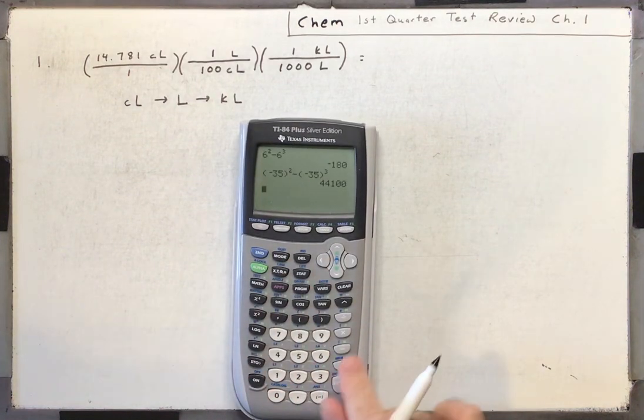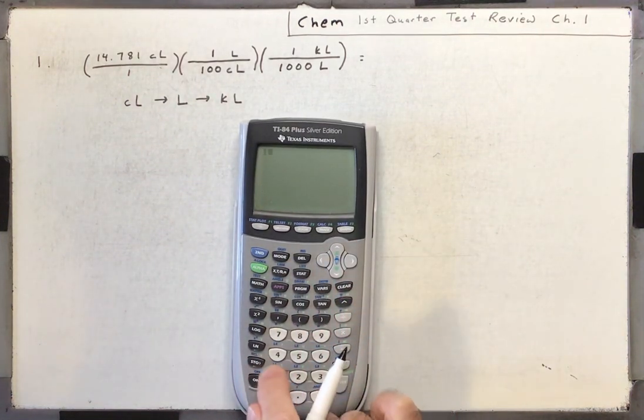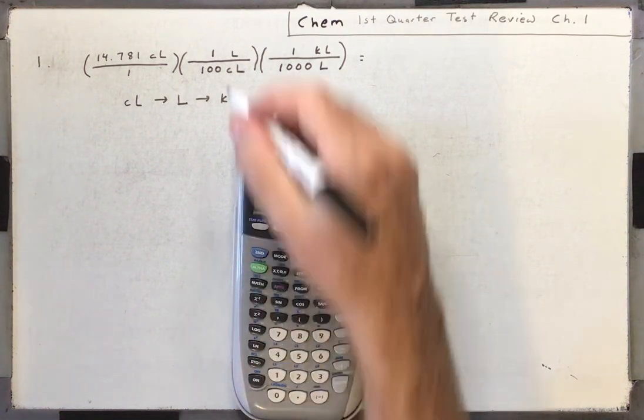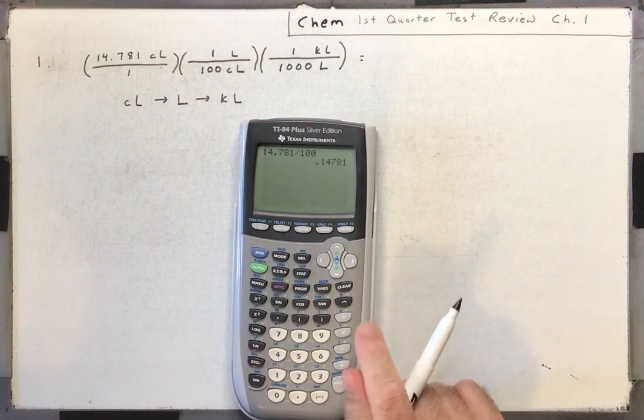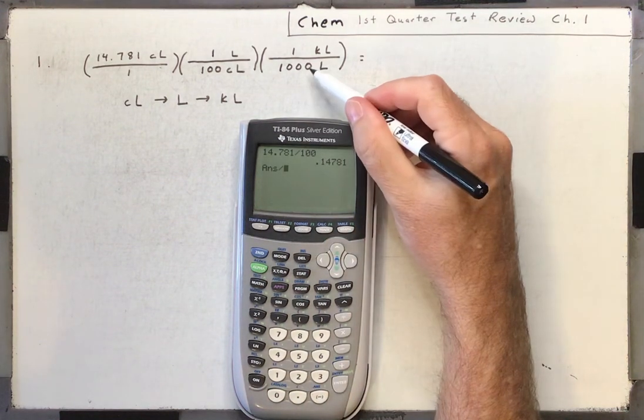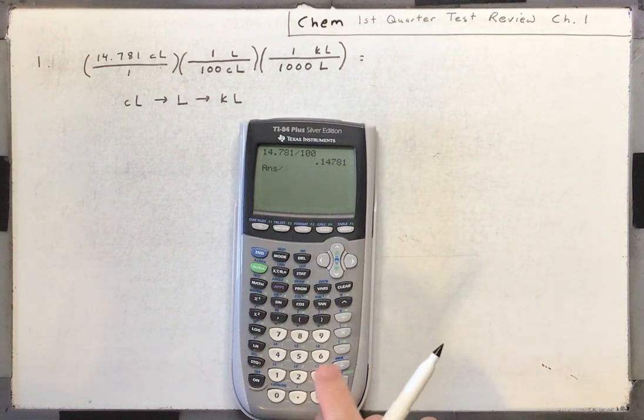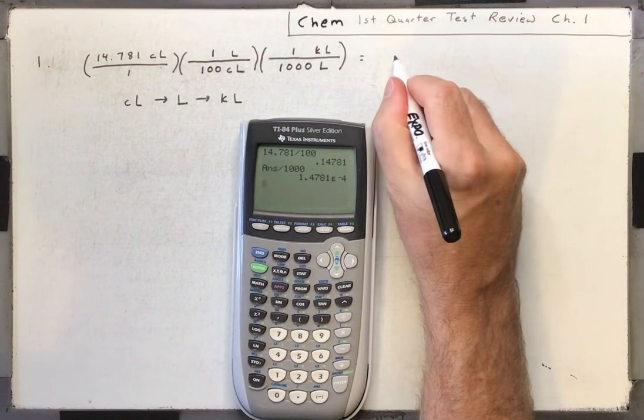So we've got, start with 14.781. We're going to divide that by 100. And then we're going to divide that number again, since they're on bottom. If they're on bottom, you divide by 1,000. All right, and that gives you